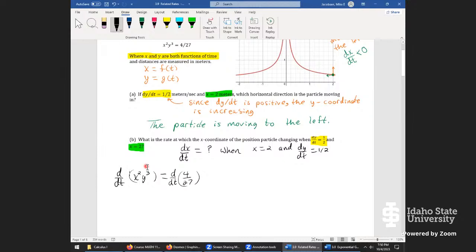It's just 0, right? It's just a constant. That rule still applies. But the left-hand side has to start with the product rule. We have two functions of time. So the product rule is going to come down as,